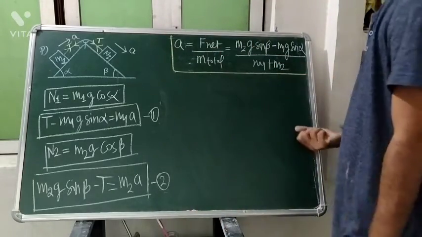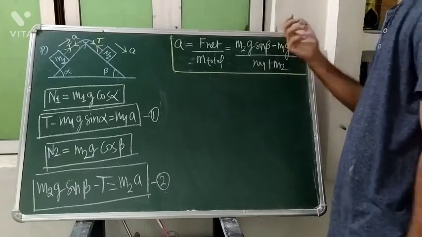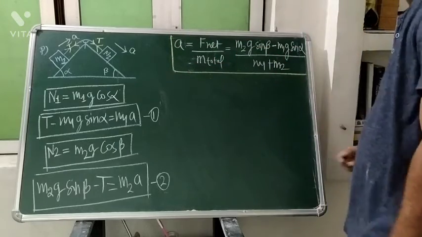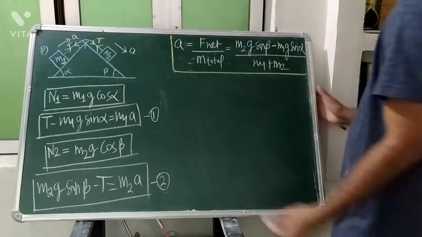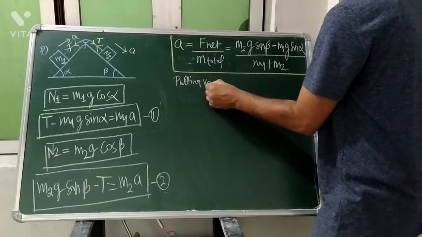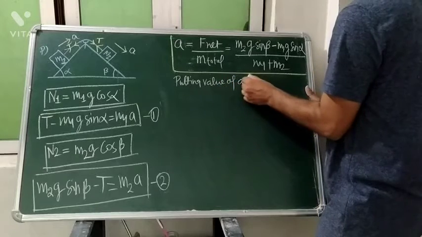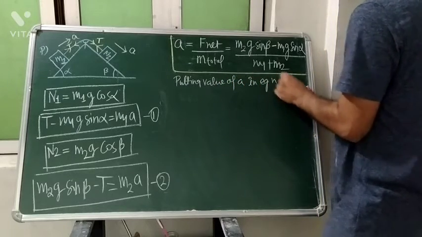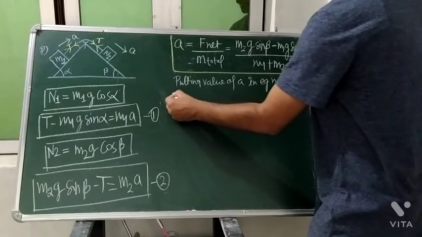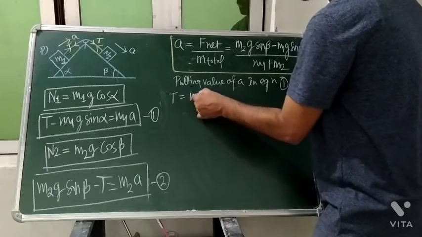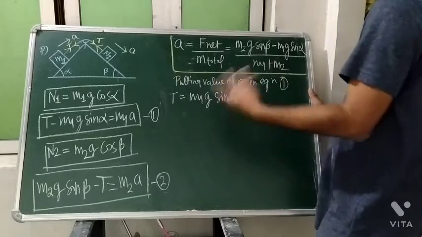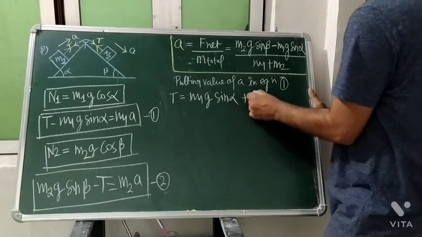The force which is adding to the acceleration minus the force which is subtracting from the acceleration will be F net, which is going to act on that system. So it is the acceleration we are getting. So putting the value of a in equation 1, what will you get, student? This T will be what, student? m1 g sin alpha. I'm bringing it to the right side, plus what?